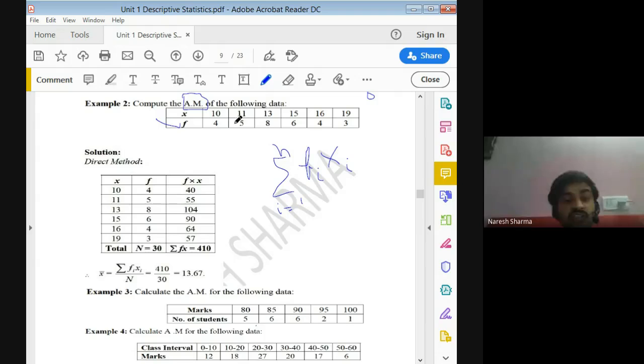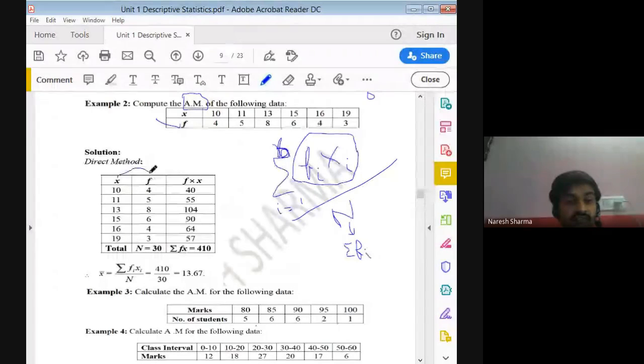N means here your number of terms: 1, 2, 3, 4, 5, 6. So we may say n is 6 here. So we may say n is 1 to 6, and divided by your total frequency n, or you may say this n can be written as the summation of all fi's. So now, to calculate your fi into xi,